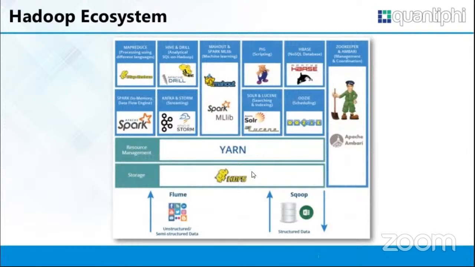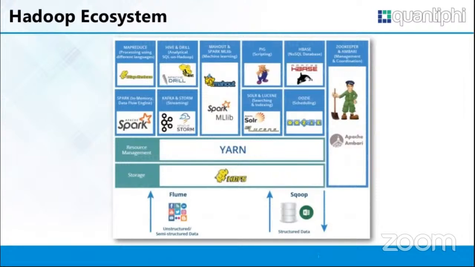Spark, again, is very efficient processing of the data. Hive: if you know SQL, you can learn Hive in some days only. Hive is a data warehouse provided by Hadoop, on top of HDFS. So you can create tables and do whatever you want with them, just the way you do with SQL. It's very simple. It's just that the syntax and the semantics are different, and the working principle behind Hive is quite different. That's why these ecosystems come into the picture. When you club all this together, that becomes your Hadoop cluster with the Hadoop ecosystem.